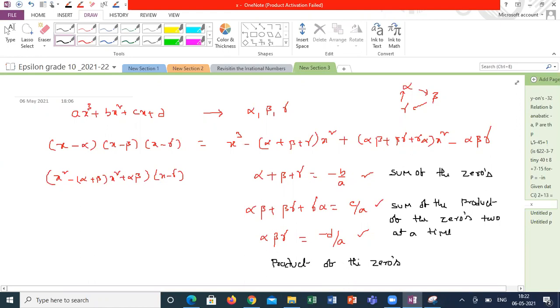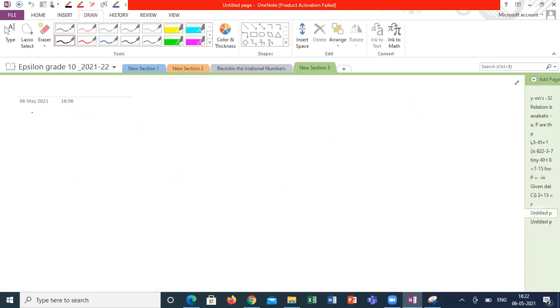Cubic also they will touch very rarely for us. For practice purpose, for understanding, if you are going for any Olympiads or entrances, these concepts will be useful for us. For your knowledge, I am explaining power 4 also. Ax power 4 plus bx cube plus cx square plus dx plus e is a biquadratic polynomial where a, b, c, d, e are the coefficients